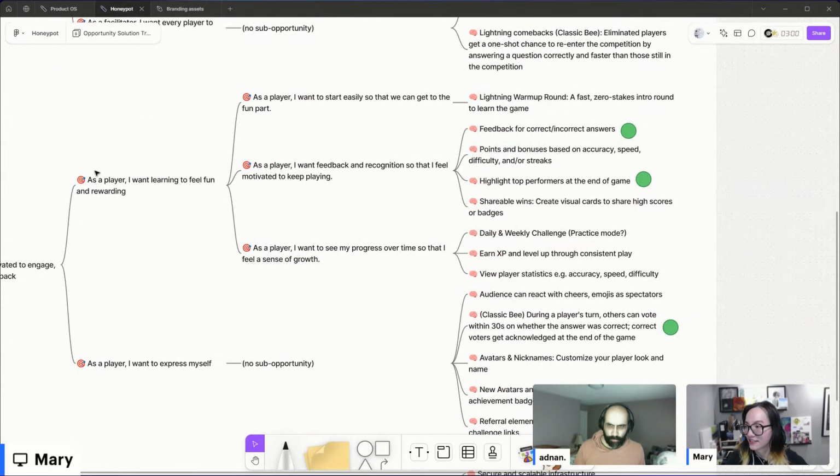And as sub-opportunities to the fun and rewarding, I wrote down, I want to start easily so that we can get to the fun part. So not too much like, this is how it works. You must do A, B, and C before you can get to the game. So one example of an idea is maybe there's a lightning warm-up round